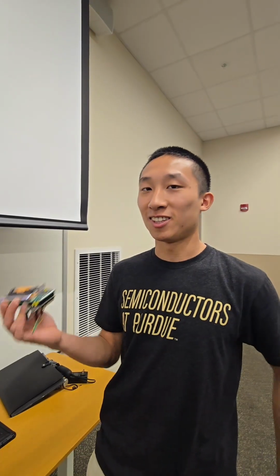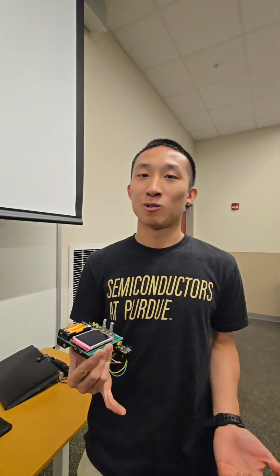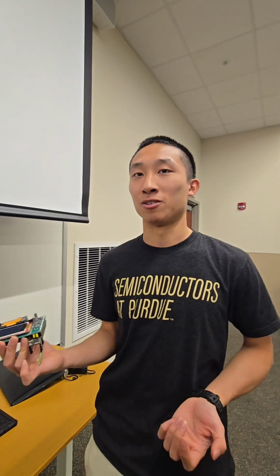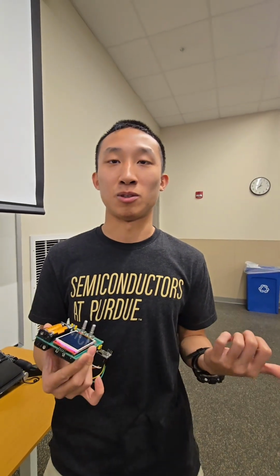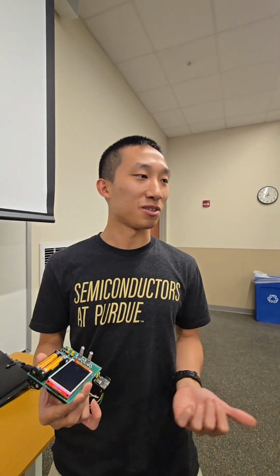Okay, so the reason why we made something like this is because there are a lot of instances where you're trying to debug something that's very difficult to move, and so instead of taking your product to the oscilloscope, it would be a whole lot easier if you could take the oscilloscope to the product. For instance, one of the team members here is in Purdue Solo Racing, and a lot of times it's maybe not even feasible to take the car to the test bench. I say test bench, it's not really a test bench, but